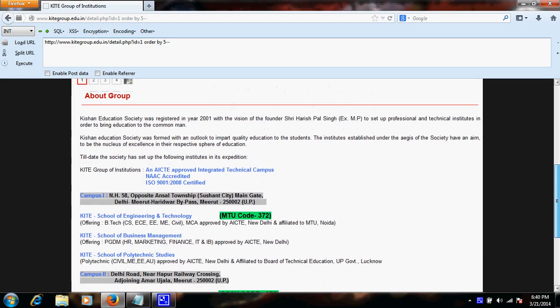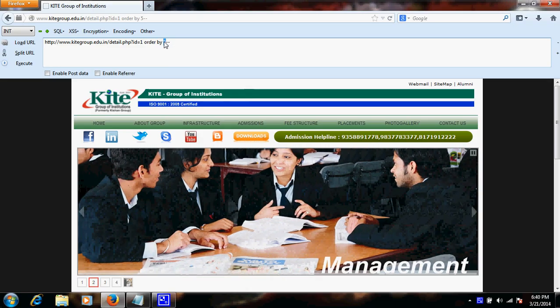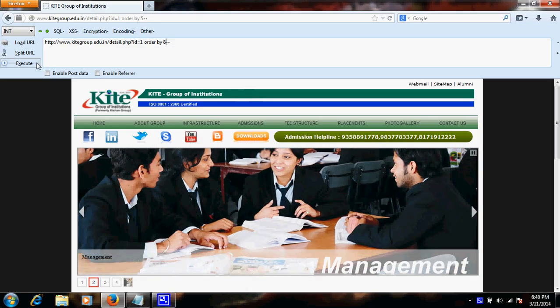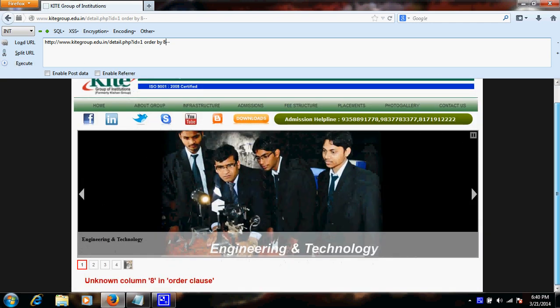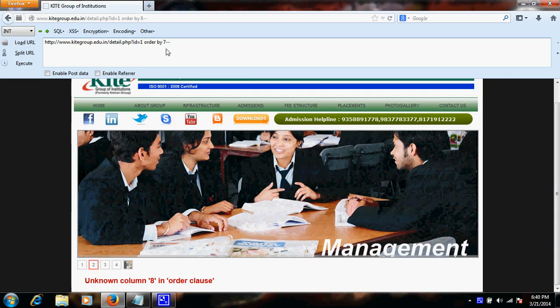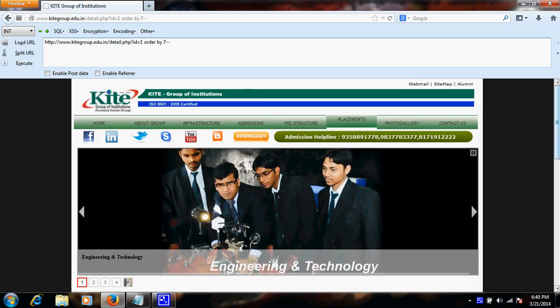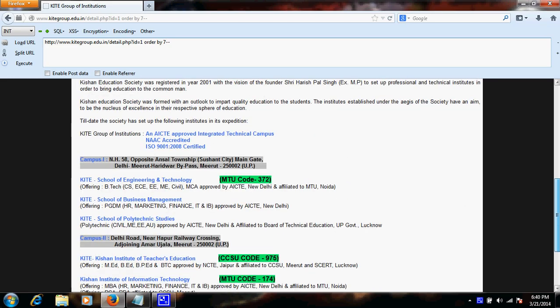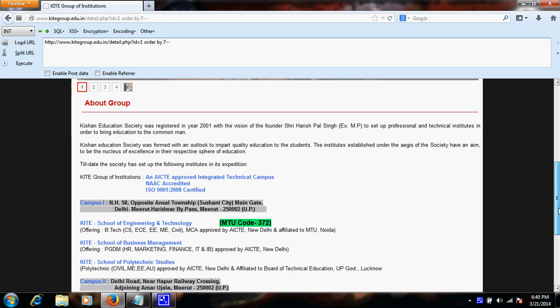you can see that there is no error. So let me guess some more numbers, like 8, execute, and it is saying unknown column number 8. Okay guys, now this time let me check 7, whether 7 also gives an error or not. Yes, it loads the page normally and does not give any error on the page.